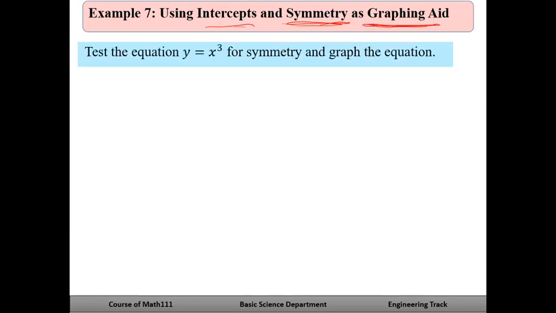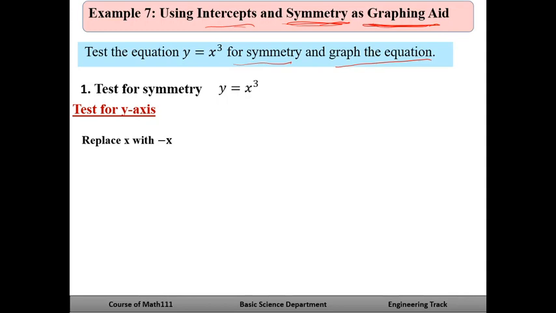Now we can use intercepts and symmetry as a graphing aid. Aid means help. So knowing the symmetry and the intercepts might help us to graph the equation. Now here's how to apply it. It says test the equation y equal to x cubed for symmetry and graph the equation. Let's make the test first. Okay, we will test it for three